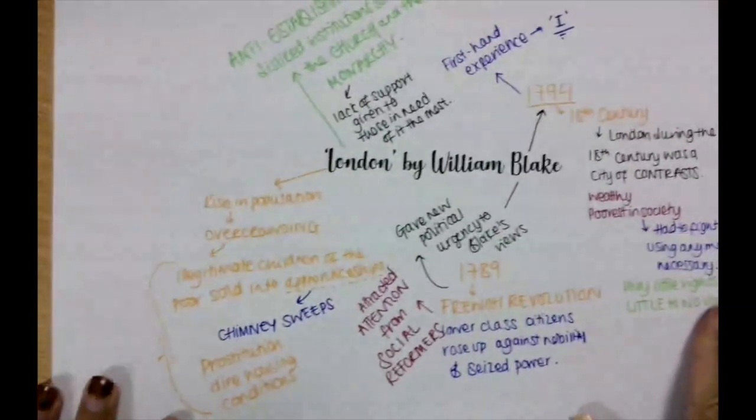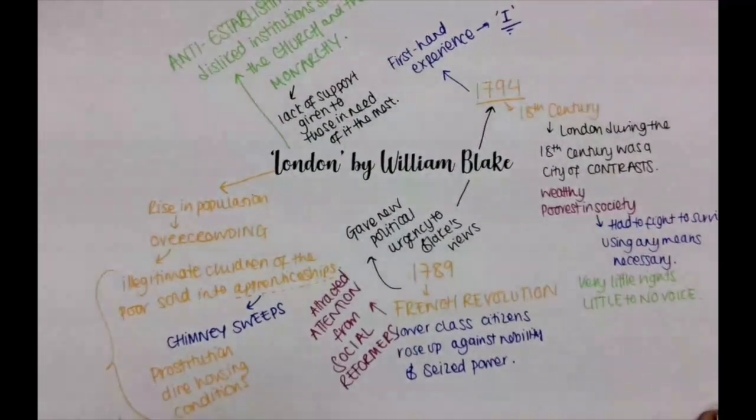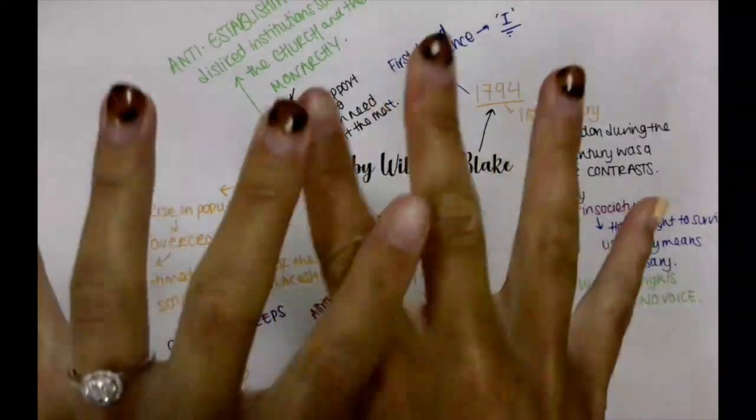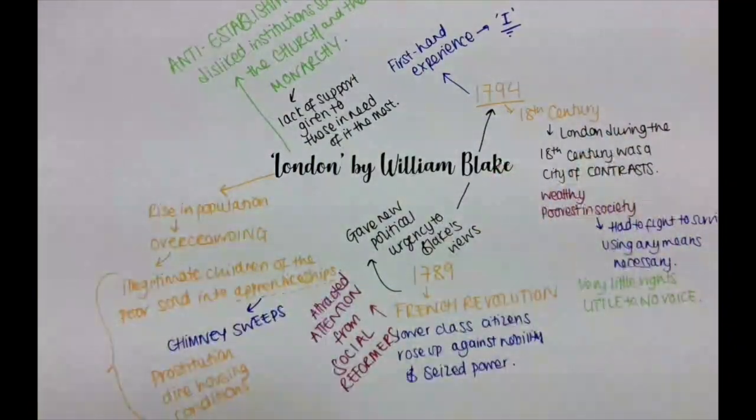So what I'm going to leave you with there is some of the basic ideas. This is a lot of the context. I'm then going to link a bit of reading over to share my homework for you, and I'd like you to continue populating this mind map to do with the context of London.